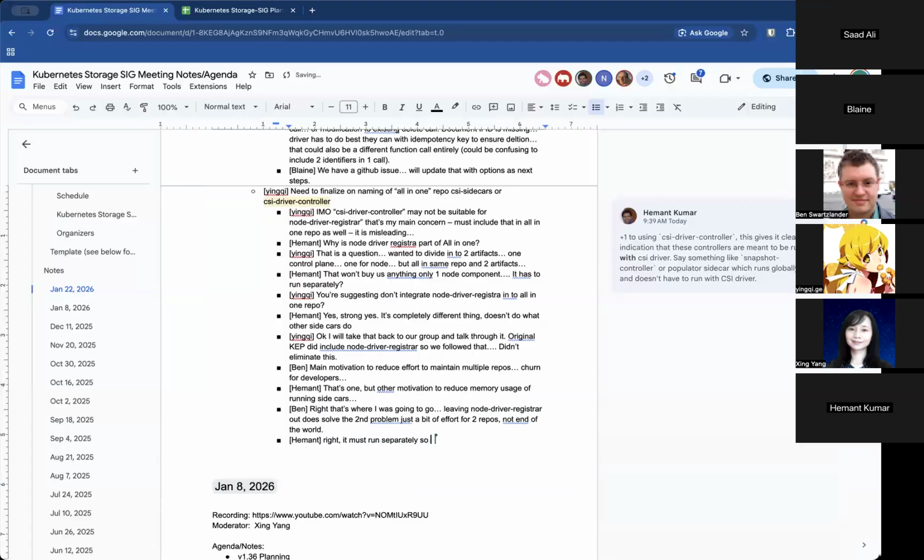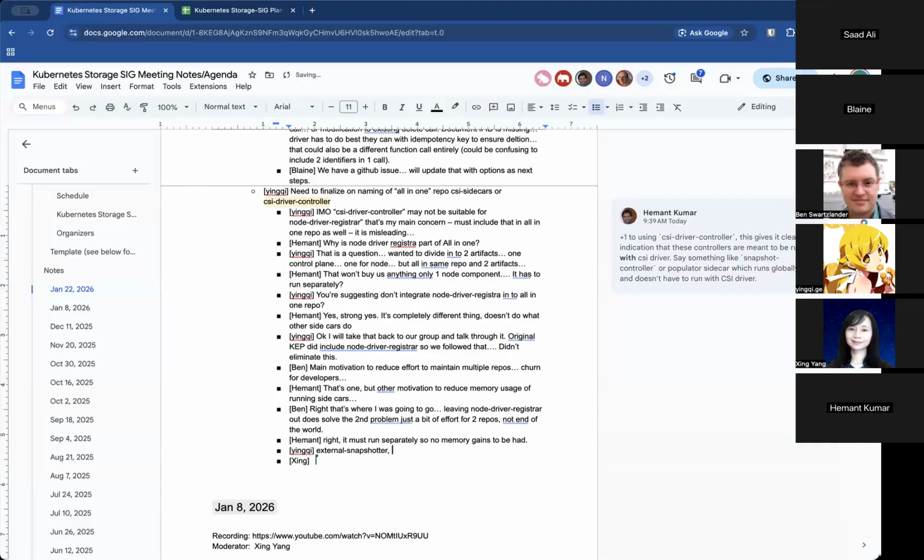Hey, Yichi, what are you doing with the snapshot controller? Because the snapshot controller was in external snapshotter, right? Yes, we will integrate both of them into the all-in-one repo. But the snapshot controller, the common controller, has to run separately, right?